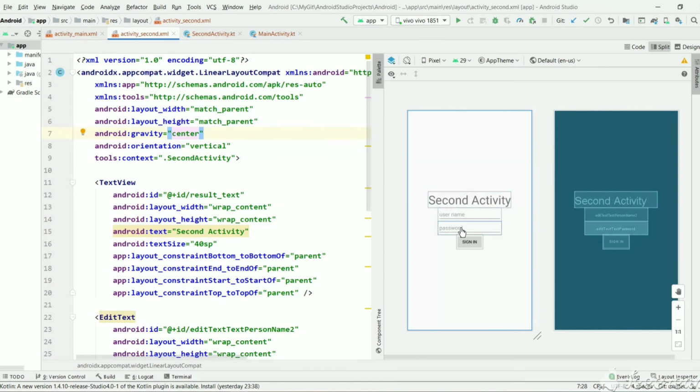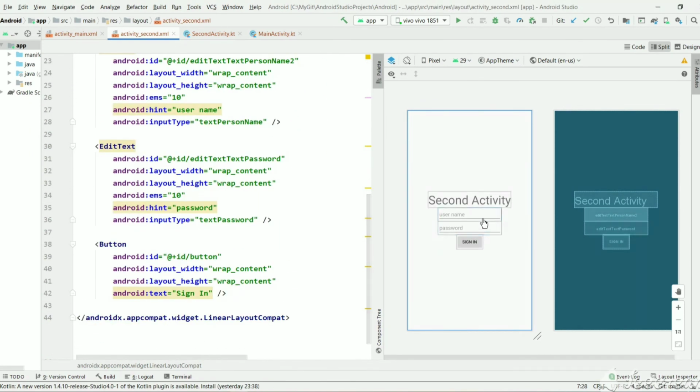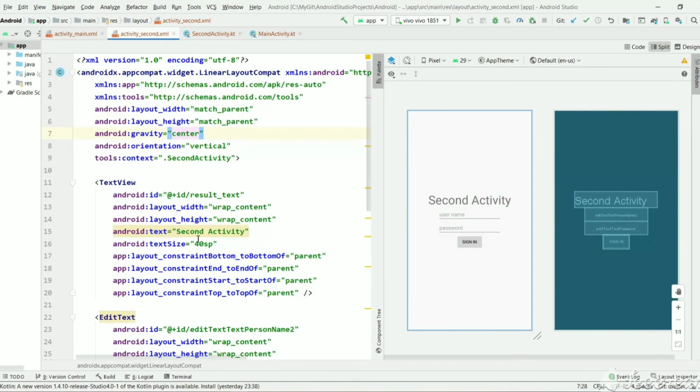So now we have username, password and sign in button. So this is how we design a linear layout UI file. Here if you want to add any other elements, you can add them either in between these elements or after these elements. So in future videos we will learn more about the layouts.